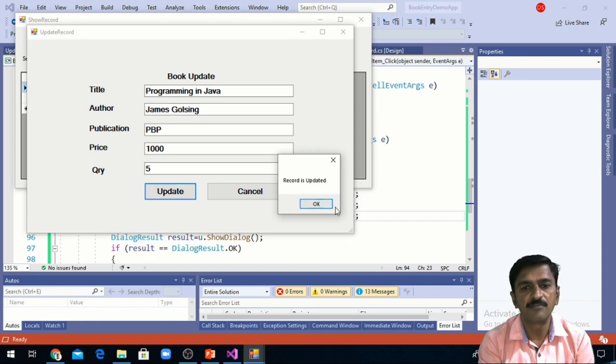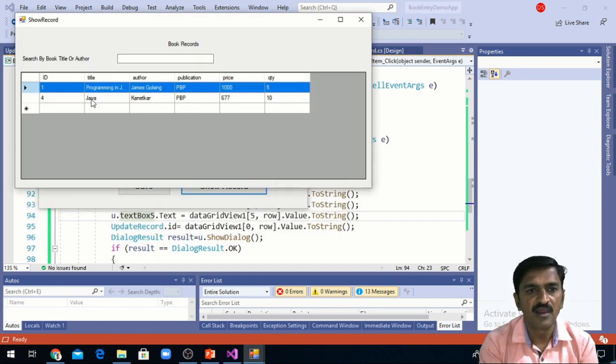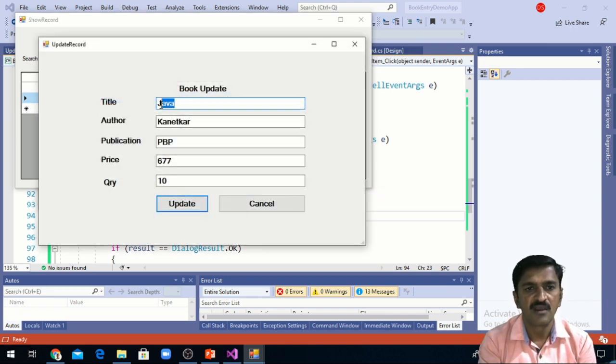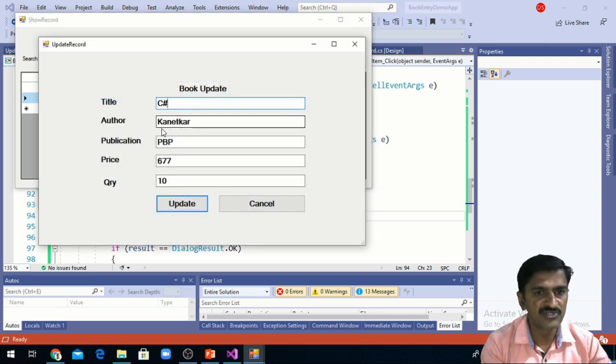When I click on update, we'll get the message record is updated, and you can find here that the record is updated. Again, if I want to change this record, I can right click on it, edit, and then I can change it as C hash.